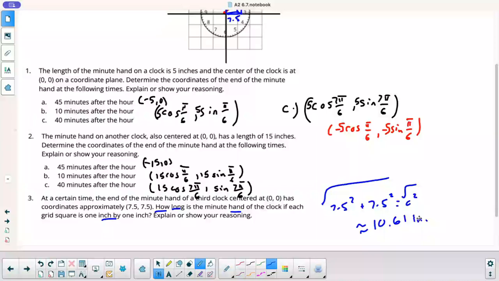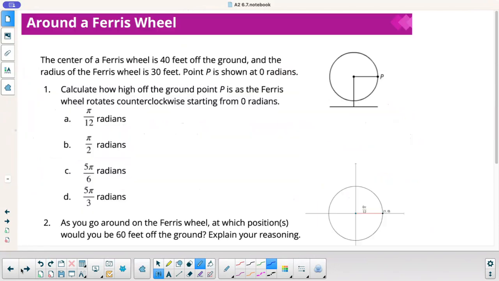All right. So next thing. It's a Ferris wheel. So this time it's not centered at 0, 0. It's 40 feet off the ground, and the radius of the Ferris wheel is 30 feet. So point P is shown at 0 radians. So think of it like your radius is 30, and then you got an extra 10 right here. So calculate how high off the ground point P is at